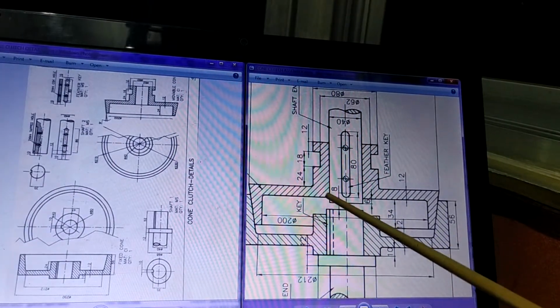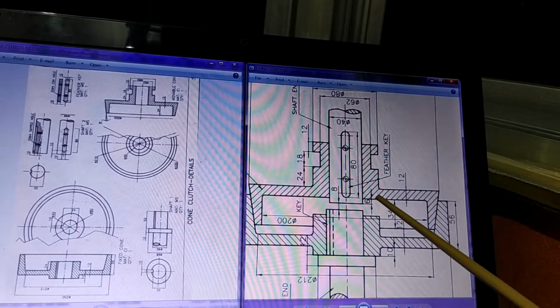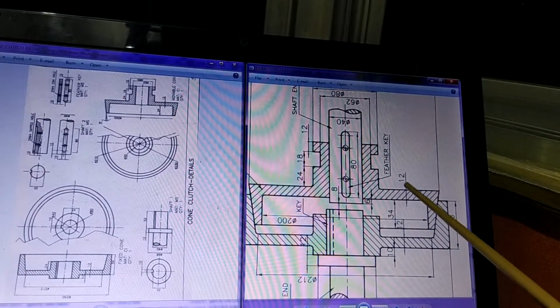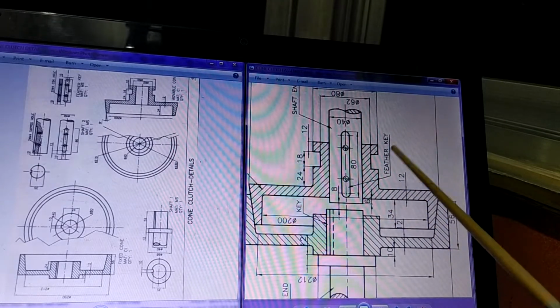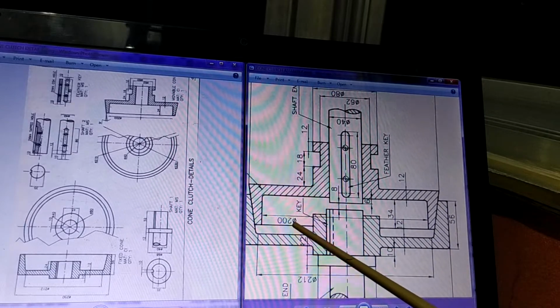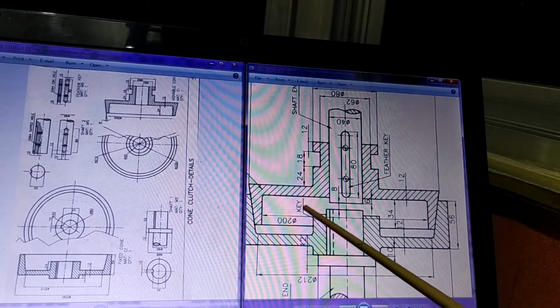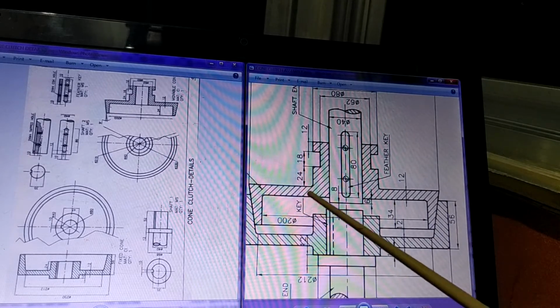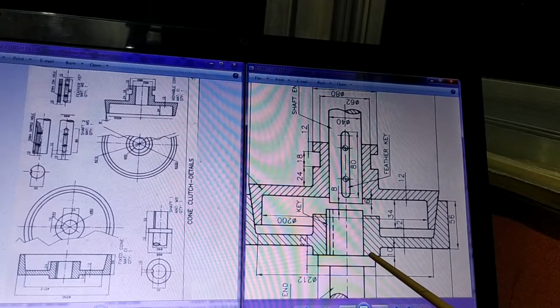In this kind of assembly drawing, the dimensions are never shown. Please listen carefully. Such dimensions of the parts are the detailed information about the parts. This information, that means the dimensions, is not to be shown in the assembly drawing. So what is shown here is, as such, incorrect.